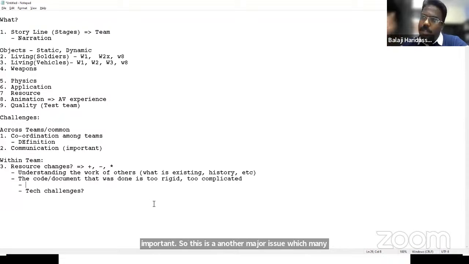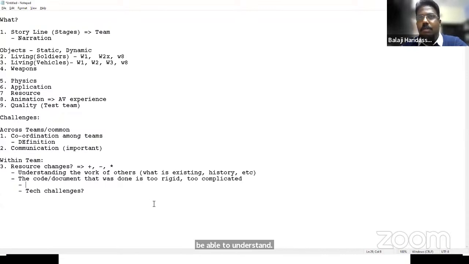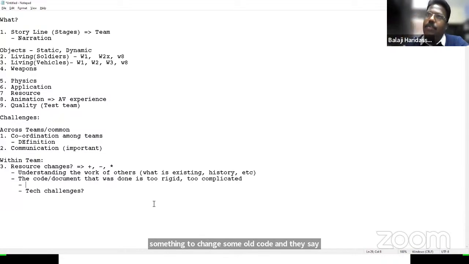Not only them, even the same person, if he comes and sees the code one year later, may not be able to understand. We have seen such challenges. We have asked some people to change some old code and they say, sir, we don't remember what we did. I have seen such things earlier in my career. So we implemented some process to overcome these things. So is it clear what type of problems can occur? First is the understanding. Second, the understanding is clear, but code understanding is not there.